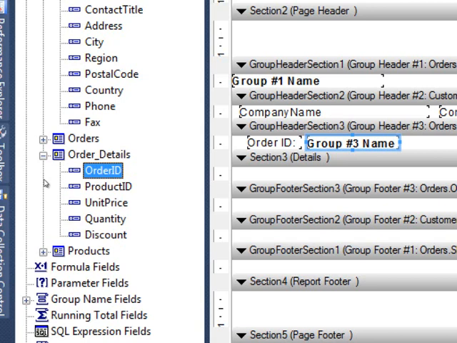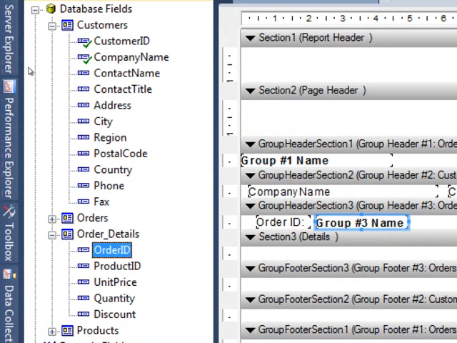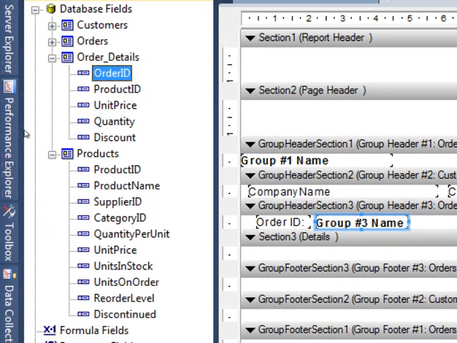Now I'm going to drag this product ID and I'm going to place it here, but you know very well ID is again a number. That's not going to make any difference, and you can guess definitely there is a relationship between this product ID and the ID which is there in this product table. So there is the foreign key relationship. So when you fetch the data from the database